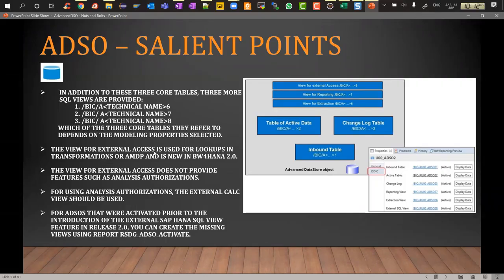The view for external access, which is number 8, is used for lookups in transformations or AMDP, which is new in BW for HANA 2.0. The view for external access does not provide analysis authorization features. So this view is a simple SQL view, which will not give you analysis authorization features, but it's just for the lookups. If you want analysis authorization and all, then you should use the generated calculation view, because from every